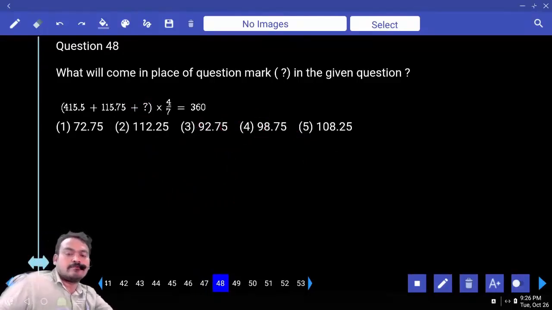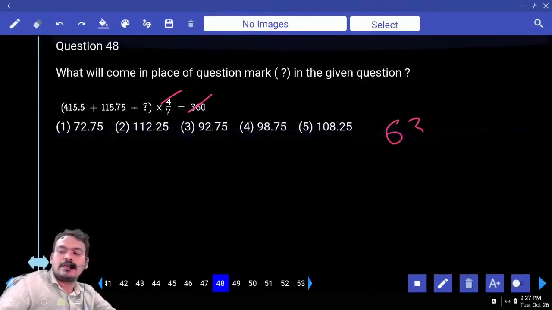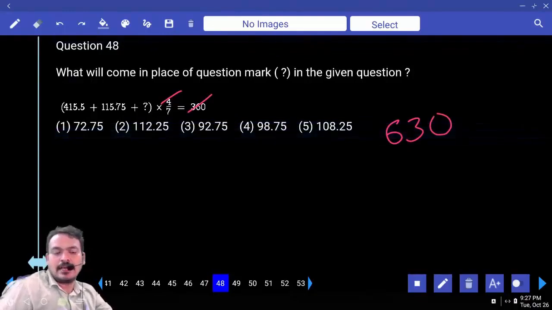Next, 48. First priority, bracket value into 4 by 7 is equal to 360, given, or not? First 4 how many times? 360. 90 times. 90 into denominator 7, it will become multiplied by 7 times, or not? 90 times 7 is how much? 630, or not? That 630 is equal to